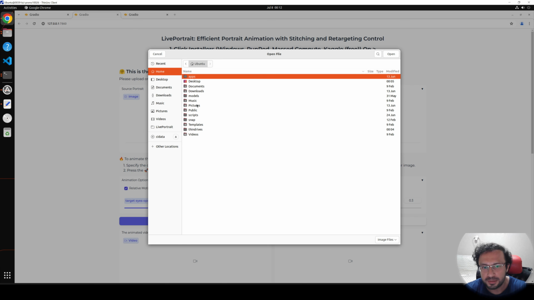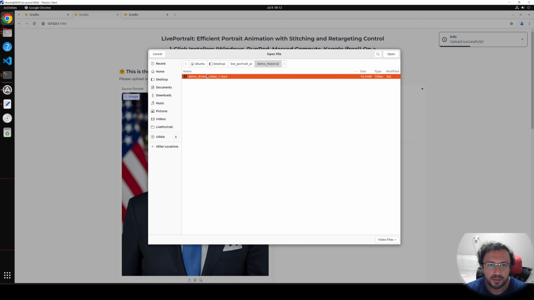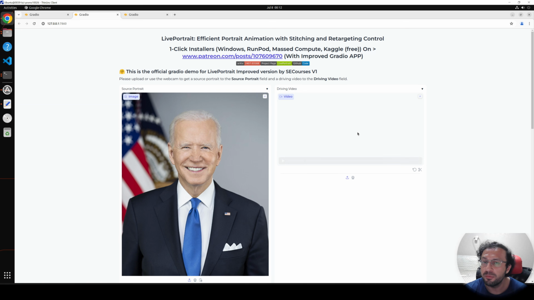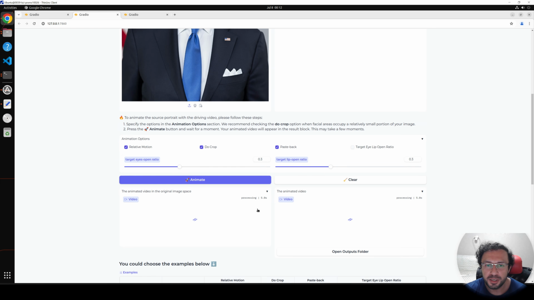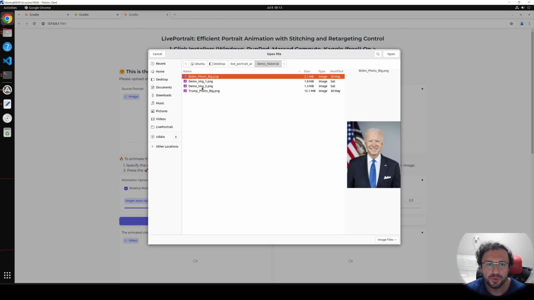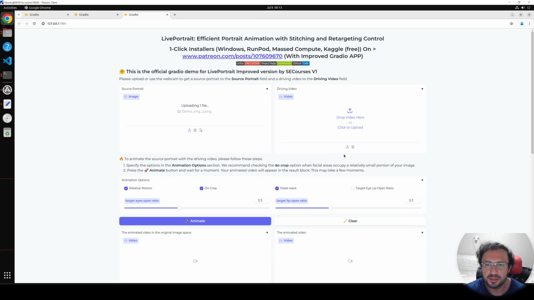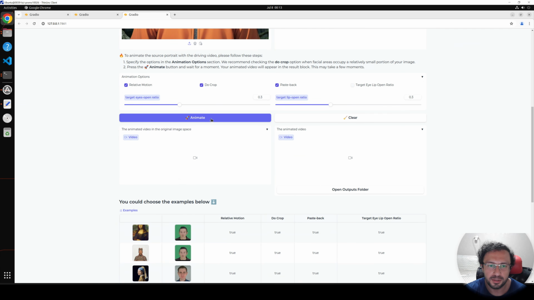So let's make a demo. Okay, go to the desktop, enter inside the folder. I have some demo material. Let's use the Biden photo here, and let's use demo driving video 1 from here. I also have better videos shared on the Patreon. You can just read it and watch the Windows tutorial, click animate, and it will start the animation. Watch the Windows tutorial to learn it. Let's also use the second GPU. So let's use this image as a second one, and let's use the demo driving video as well and click animate.